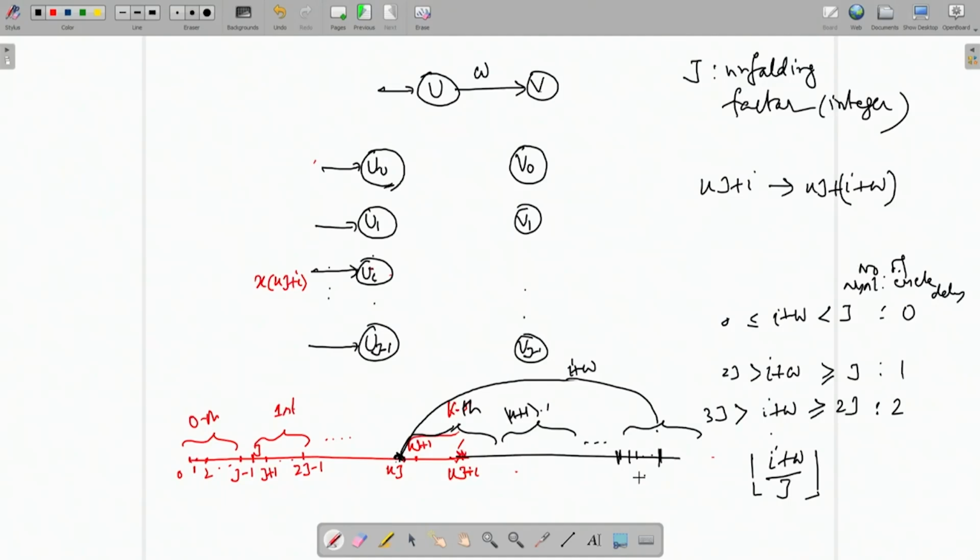What does the remainder indicate? If the remainder is 0, you hit this point, the starting point. Starting point means you have to give the job to V0. It may be some integer like Lj plus 0, because the starting point is always like that: 0, then j plus 0, then 2j plus 0, kj plus 0, so it may be some Lj plus 0. So, if this goes here, that is